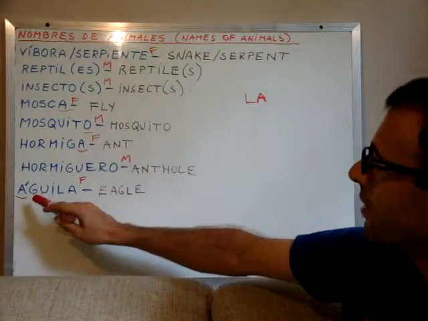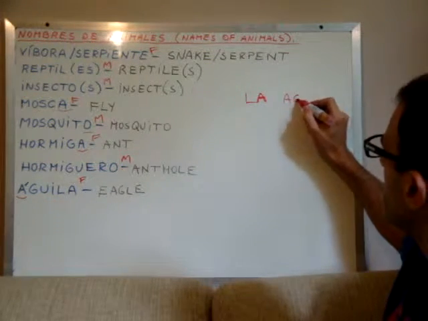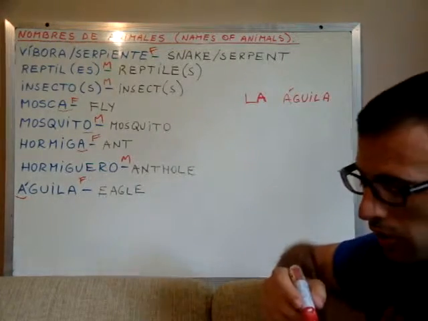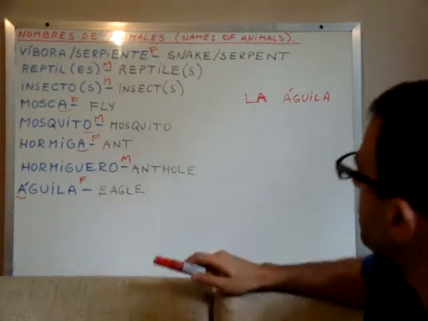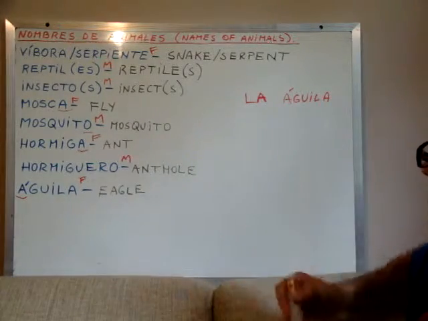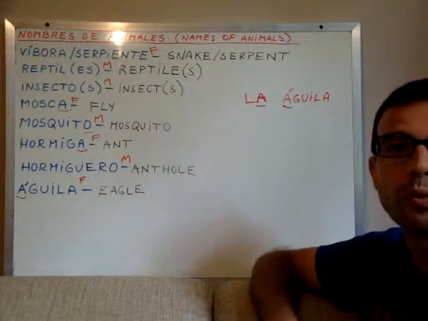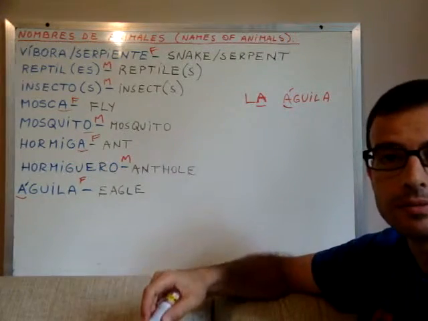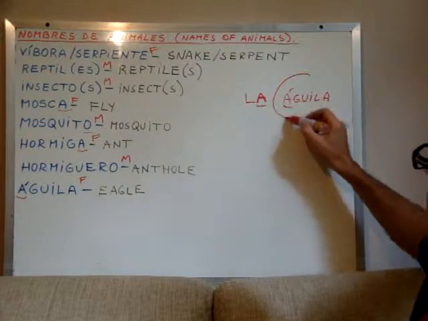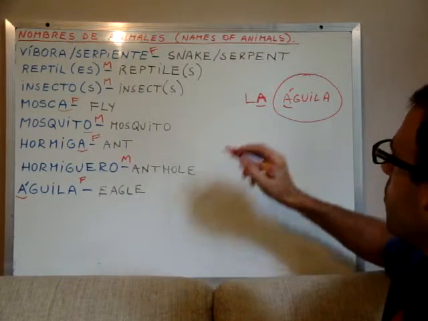So, the eagle would be la águila, okay? Or that's what we suppose it should be. However, since here we would have two A's that would not sound well, la águila, then for most of these feminine nouns that begin with an A, we use